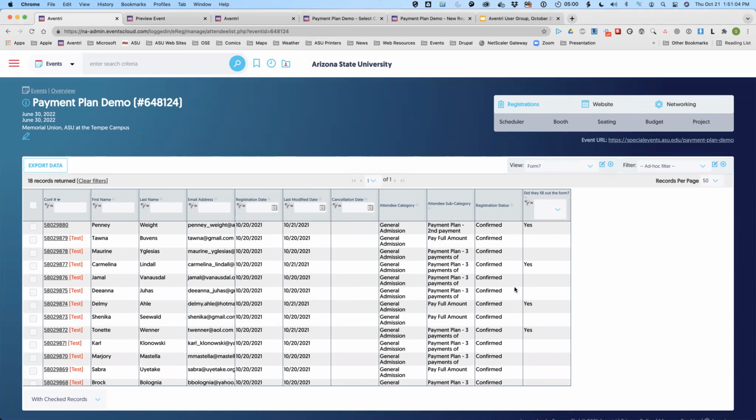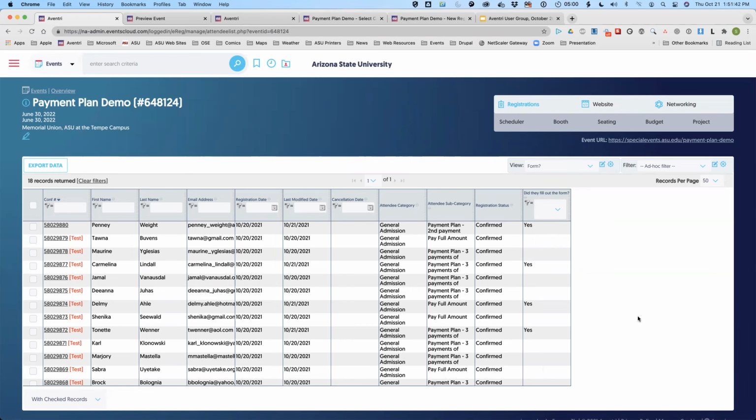And come to think of it, now with the new event email beta, where you can filter based on a question, that's how I could then program an email to go out to the people who do not have the yes, to remind them to fill out the form. So I could have a field like this for each form I need to fill out, and a way of keeping track in Aventri of who's done what they need to do and who has not done their homework. That's not too troublesome to do it that way. Yeah, that makes sense.